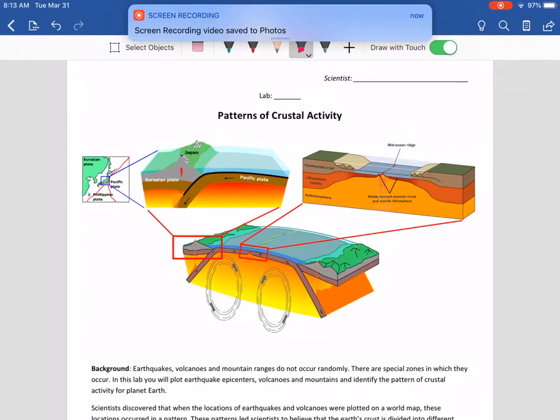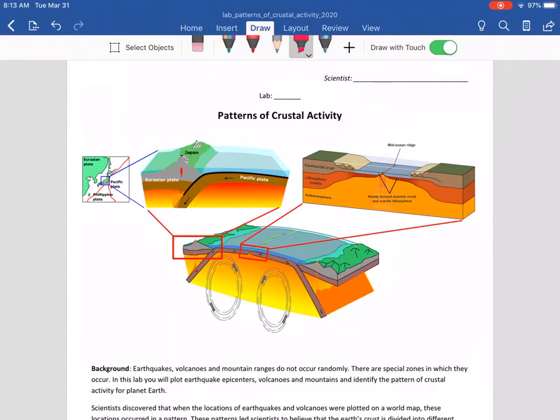Welcome to the video tutorial for the lab on patterns of crustal activity. We are going to be analyzing earthquake and volcano location data in this lab activity. First, we're going to plot their locations all around the world for both earthquakes and volcanoes, and then we'll be able to compare those locations to each other. And to take a step further, we're going to compare those locations to the tectonic plates map on page 5 in your Earth Science reference table to see what kind of patterns emerge and how we can understand the dynamics